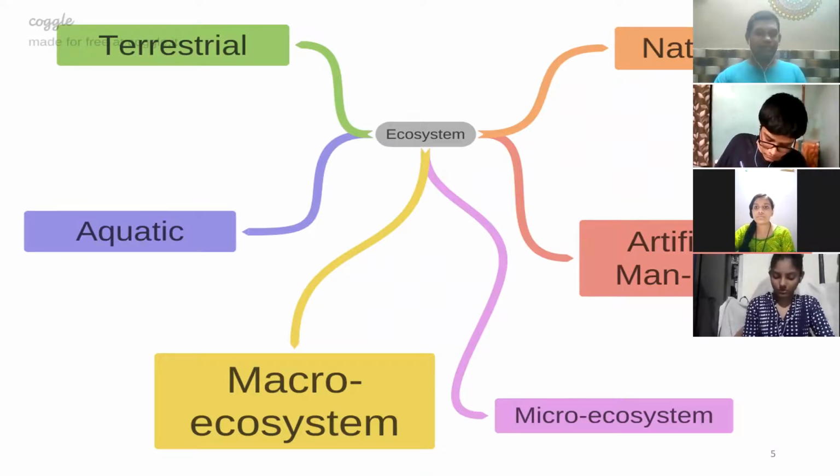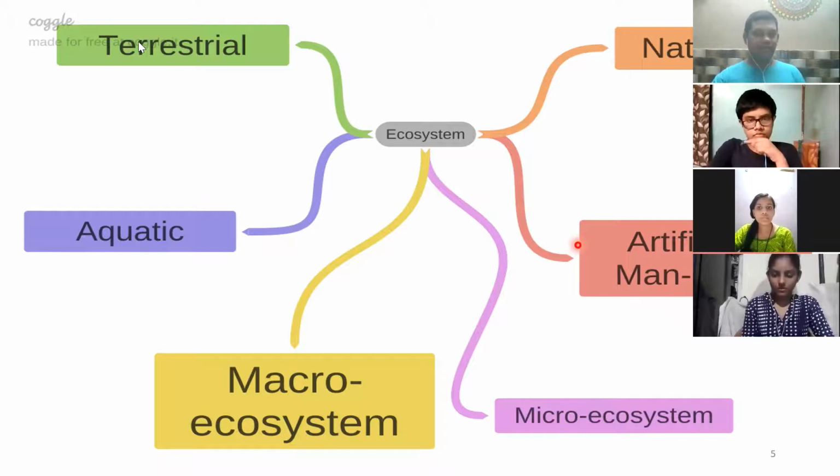So if you say a biodiversity park within a city, you can call it an artificial one. Any zoological park or botanical garden is artificial. Or there are artificial lakes which are created. Lakes or small tanks, small water bodies which human beings make. So man-made. Like that you can give different examples. Natural will have many examples: a desert, a grassland, a forest, a snow-capped mountain, any water body. Correct? So natural and artificial are clear.